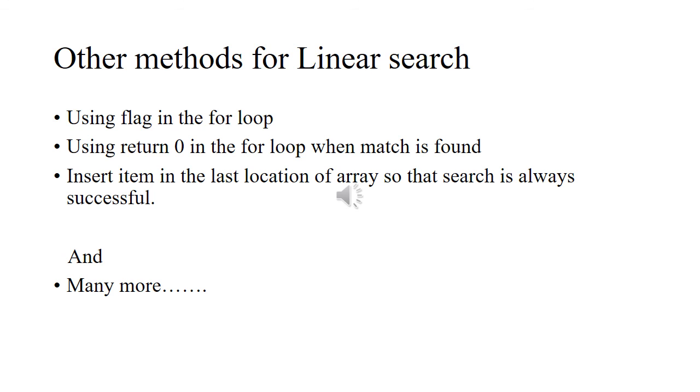Another method is using return 0 in the for loop. In the for loop, if they find the element, rather than breaking the for loop, they just write return 0. By writing return 0, they are exiting the program. The program they write will differ from our program. We start the program by writing void main. They will start by writing int main. So main will return something and they write return 0. So the program ends. They will print yes, the element is found, and they do return 0.